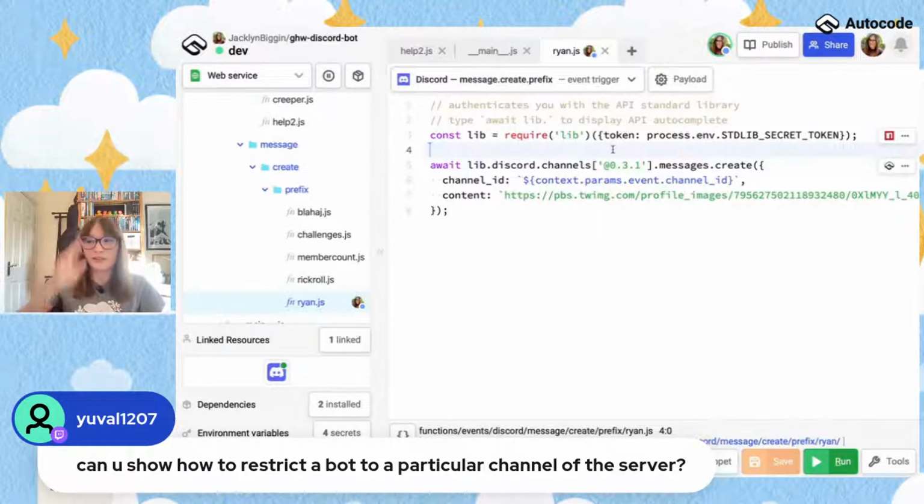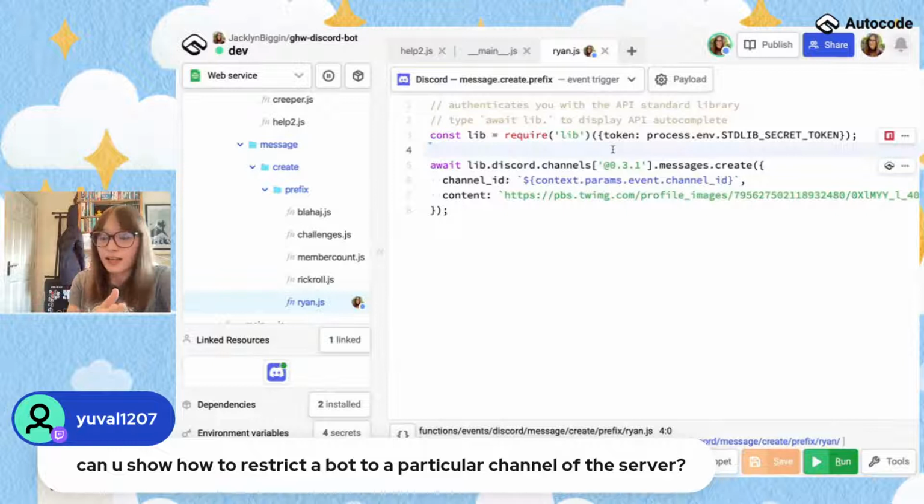I'll let people type in chat, but if you didn't get it, it's an if statement. So we are going to write an if statement to say, if the person is using this command in the right channel, then do this. Otherwise, we'll do nothing.